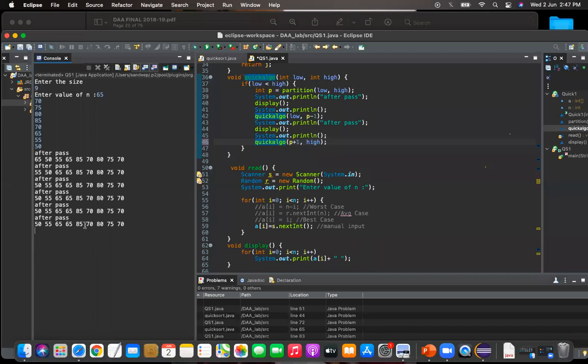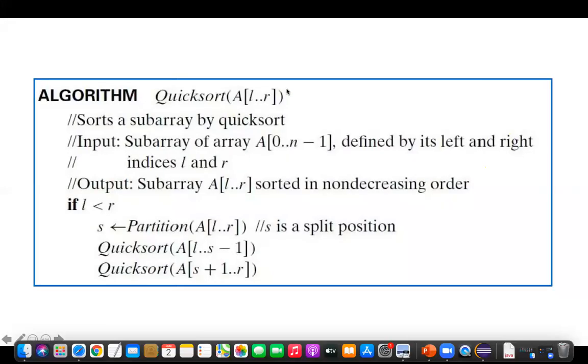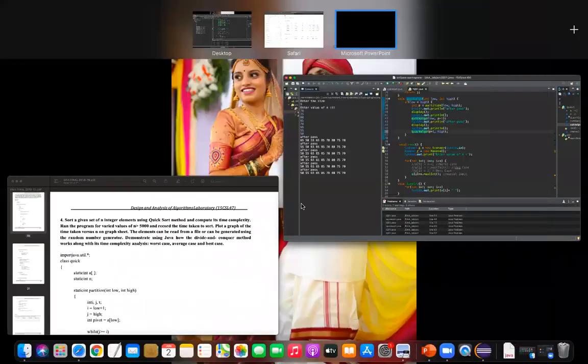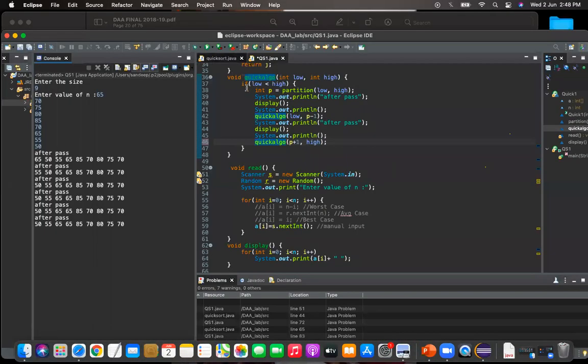So at the end, when you run the quicksort for the second time, the first part of the array is sorted. One more time, if I call this algorithm, it will sort the right part of the array. Is it clear? So that is the quicksort algorithm. This is what we studied in the previous class. Here, once you find the mid element, it will sort the left part of the array, and after it has sorted the left part, it will sort the right part of the array. That is how quicksort works. So now I will explain the program.